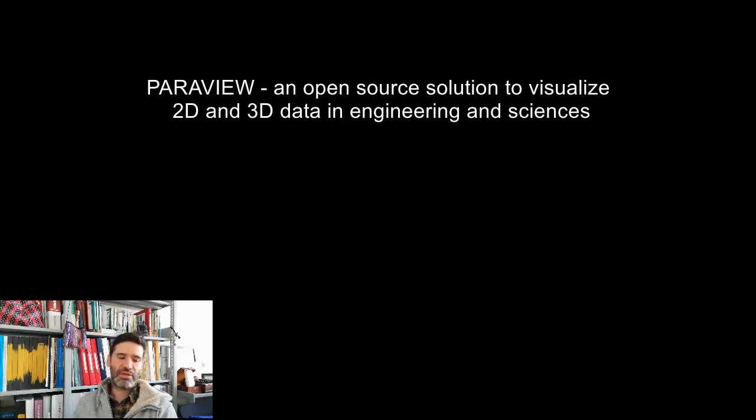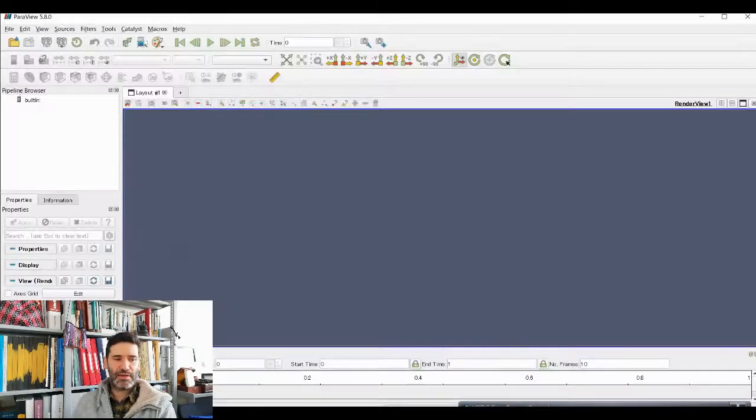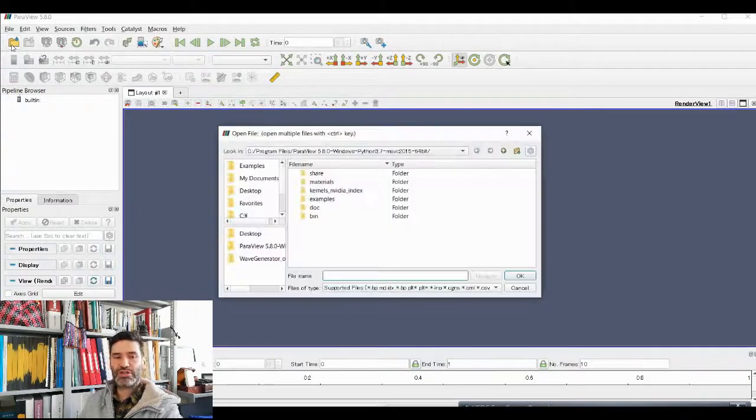Whatever you want to do with it, just type in your favorite Google or whatever you want, Paraview and how to blah blah blah, and most of the time you're going to get an explanation, which is just perfect. And you're going to have a main window where you can see your different data files. What we're going to do is just start with the result of a simulation I did, and I separated the